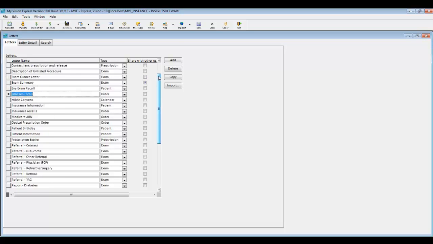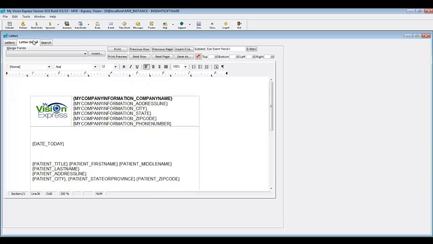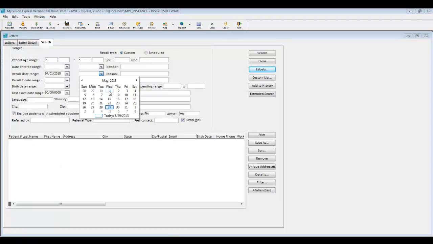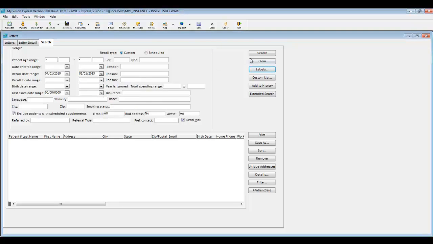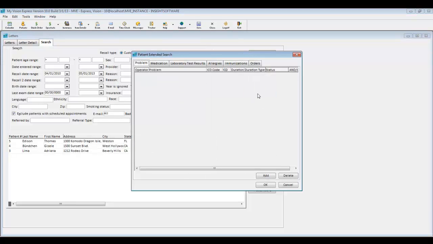For many of the letters, including the exam recall, you can search by more detailed information. So if I do a search for an exam recall, there's the letter detail, and I'll do a search for a specific date range. The patients that match my specific search will populate on the bottom of the screen. Then I can choose to recall them based on this information or do an extended search,